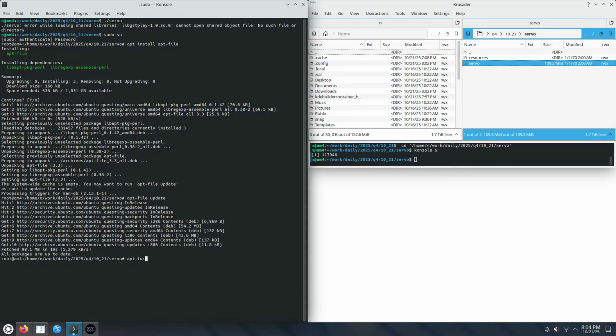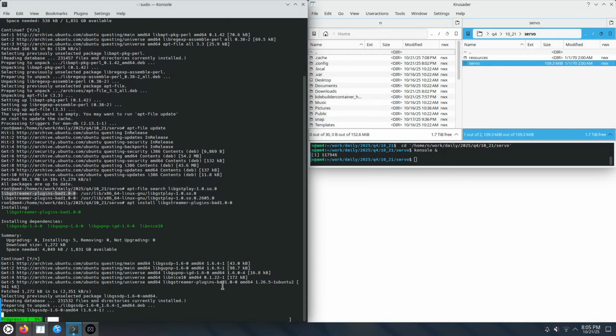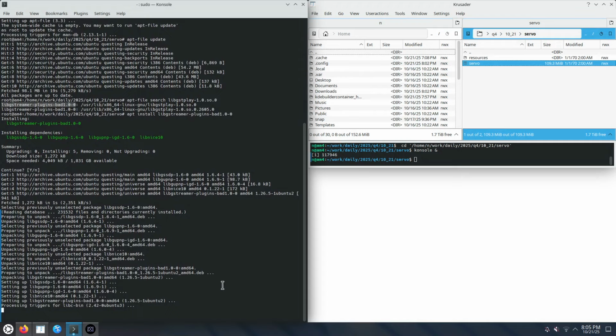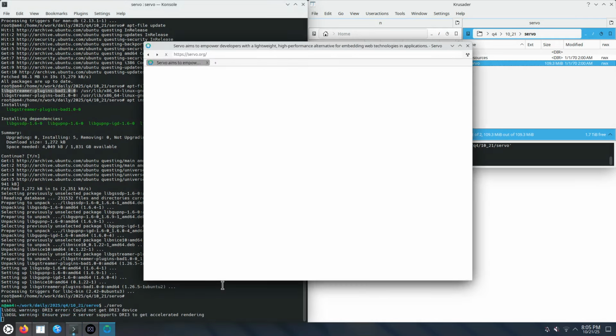And apt-file search and then the name of the file that's missing. This package is not installed, so let's install it. And let's try to run Servo again. This time it